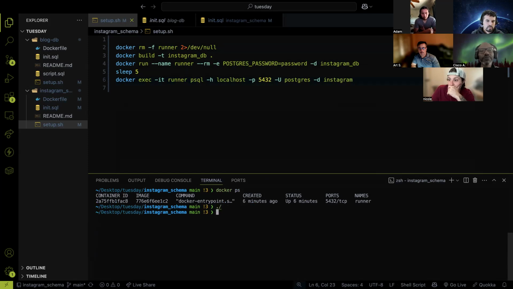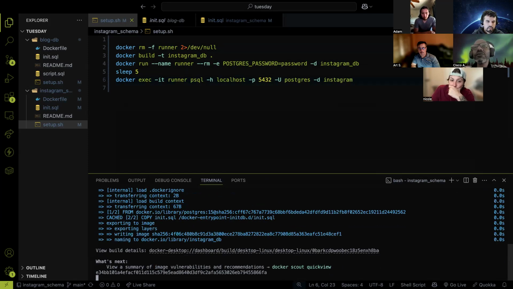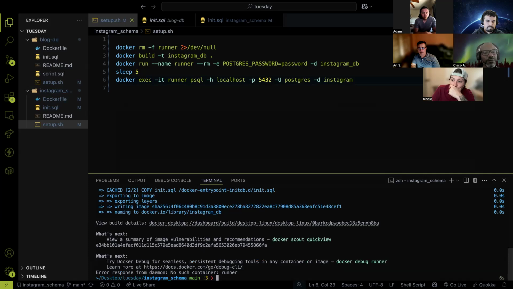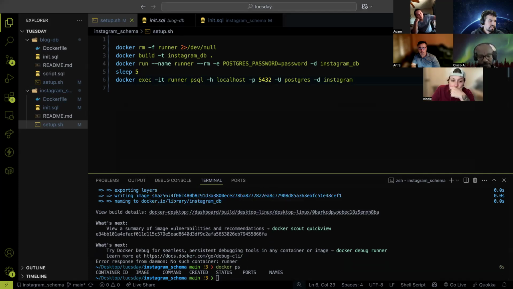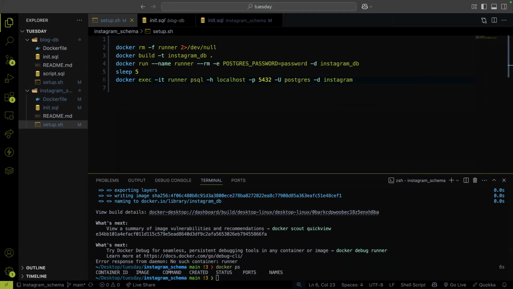See if this works. Nope. Docker PS. No, it's gone. There's no container runner. What's the issue here? I really do need this to work, right? If not, it's going to make my